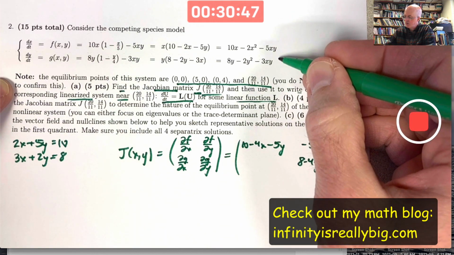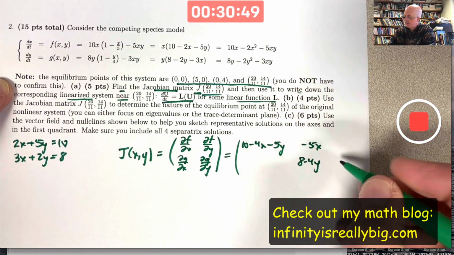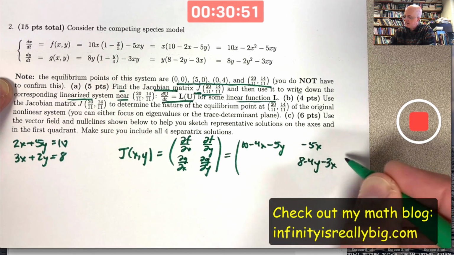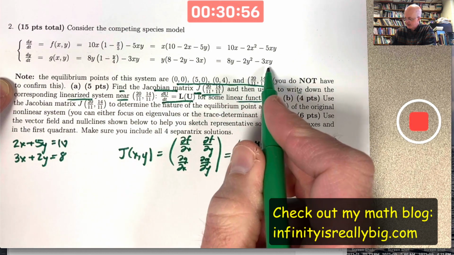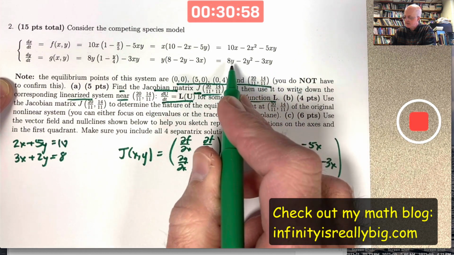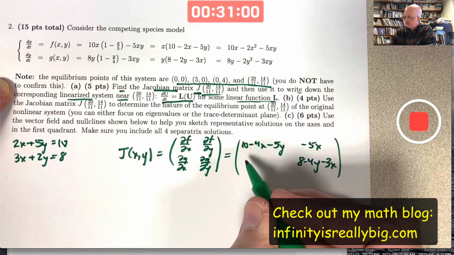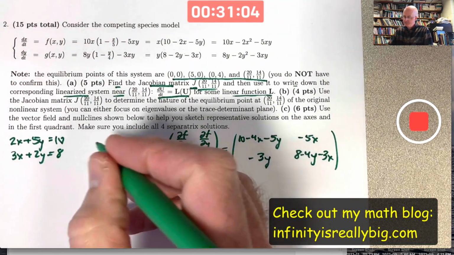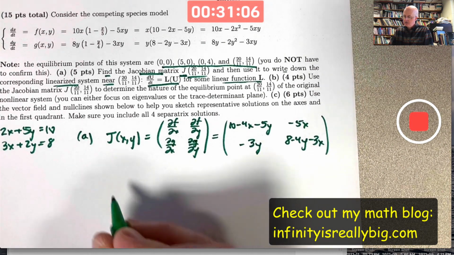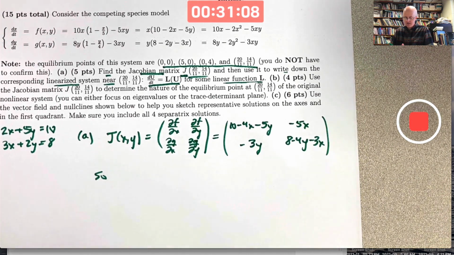Differentiate that with respect to y, treat the x as constant, minus 3x. And finally, the lower left is the derivative of this with respect to x, treat the y as constant, 0 minus 0, negative 3y. So there's the general Jacobian matrix. So the Jacobian matrix at the equilibrium point,